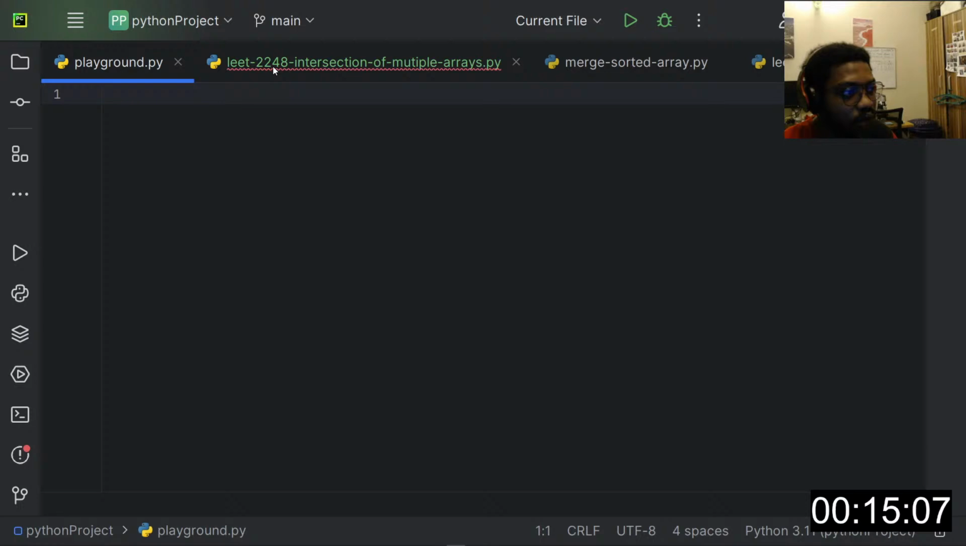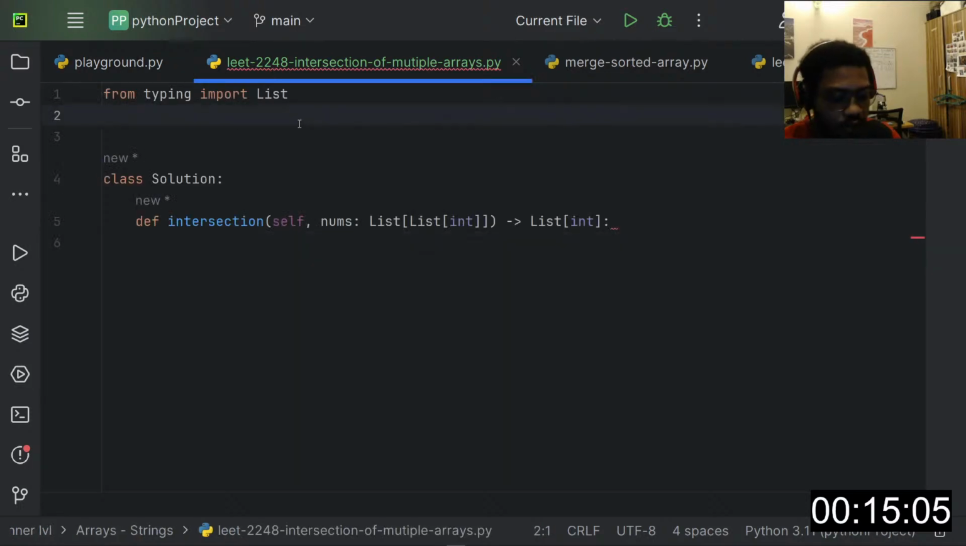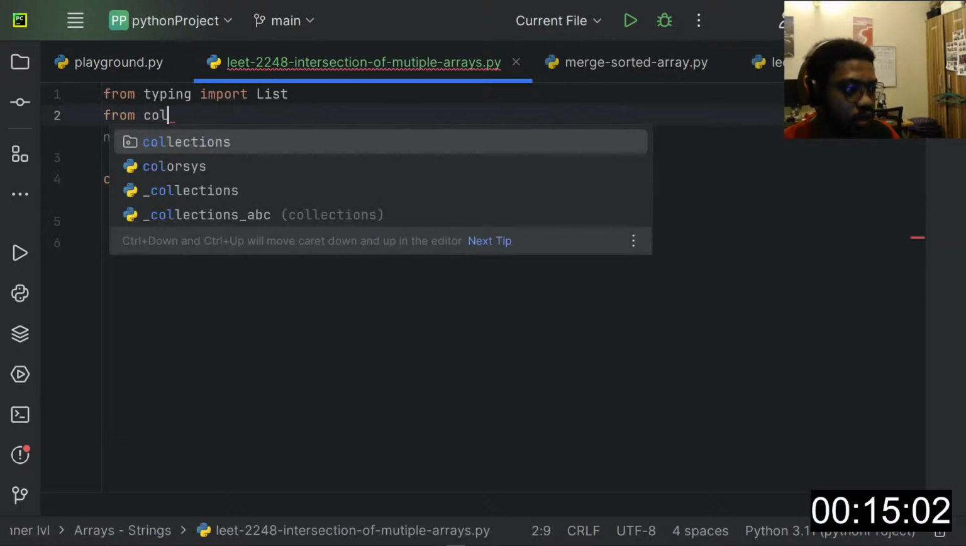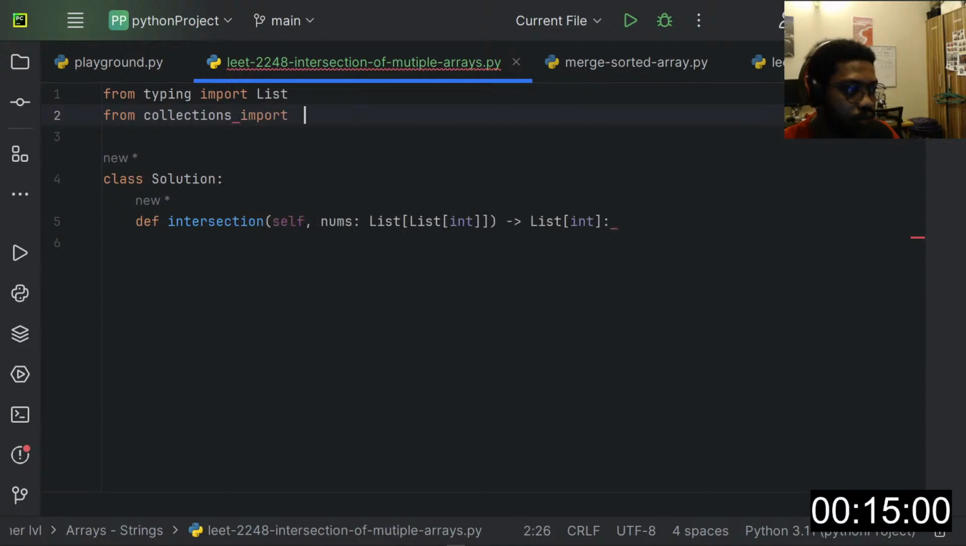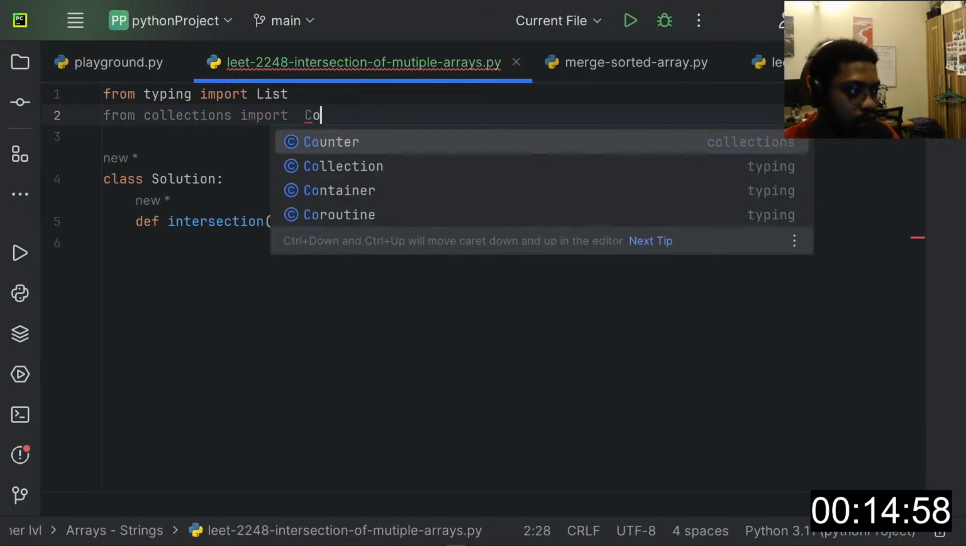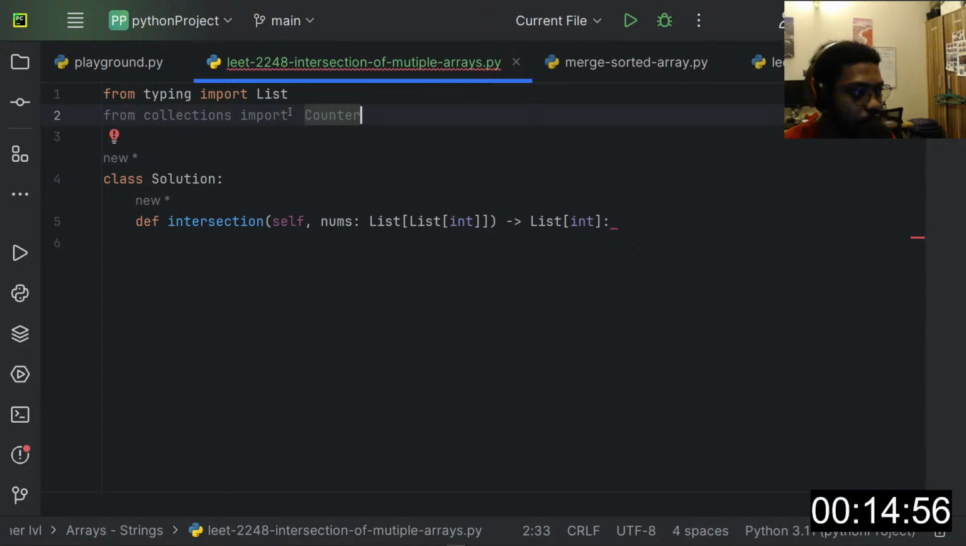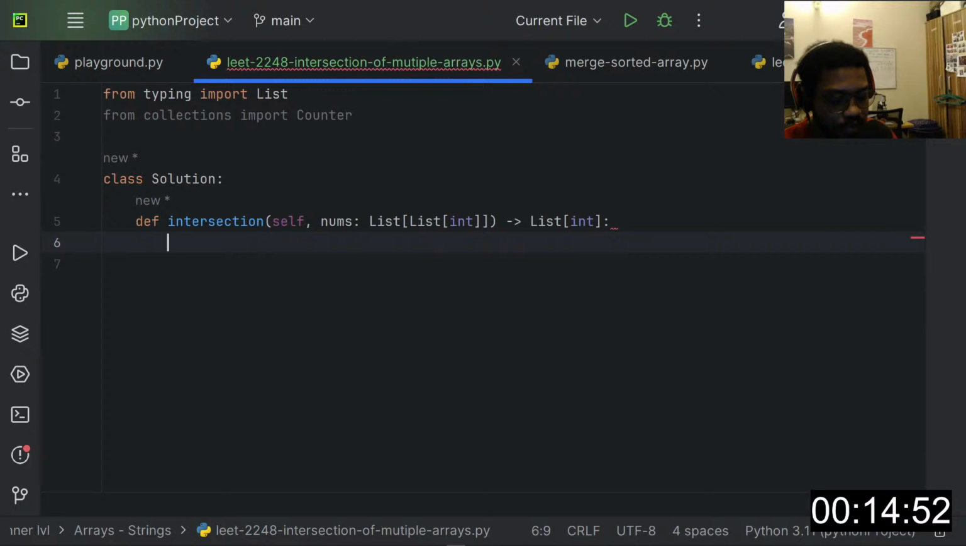So we can use the counter module to do that. So say from collections import Counter, like this. Okay, so with this counter we can count every value in the array. So we can say, okay, so first, array will be